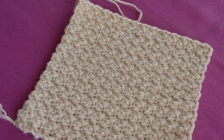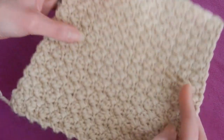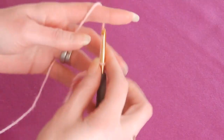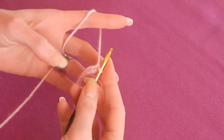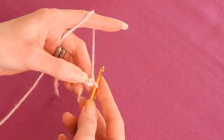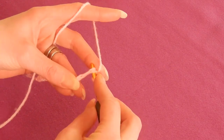Well, in this tutorial we're gonna crochet the Suzette stitch, and it looks like this. So this stitch works with multiples of 2, so even numbers we're gonna chain. I chain here only 12 just to save some time. So we're gonna skip the first chain, which is here. We're gonna go into the second and we're gonna do 1 single crochet,